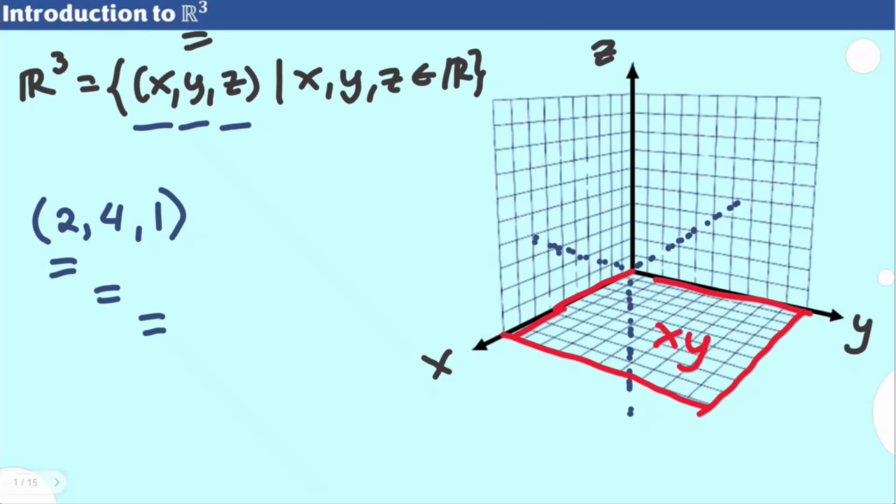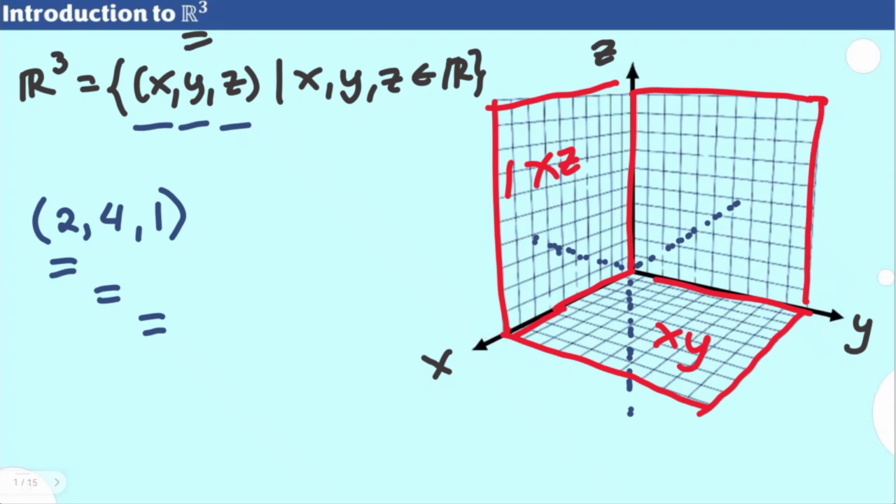Now, on the other hand, if we're going to talk about the components for our x and z, this is our xz plane. And the remaining plane, composed of the z and y axes, is your yz plane. These are very important because once you plot your points, you need to understand the location of it pertaining to what plane you're referring to. So what we need to do first is to find out the location of our first point.